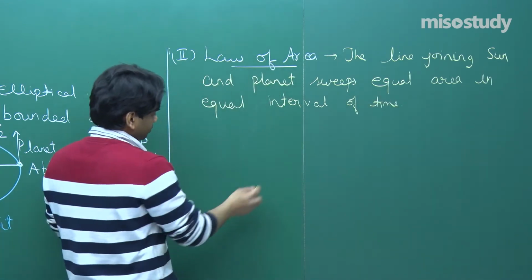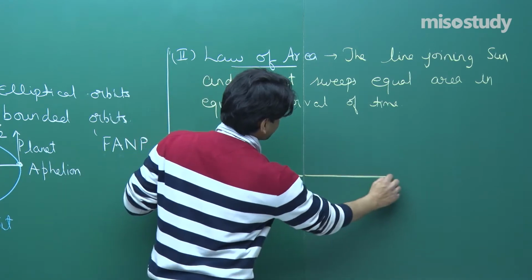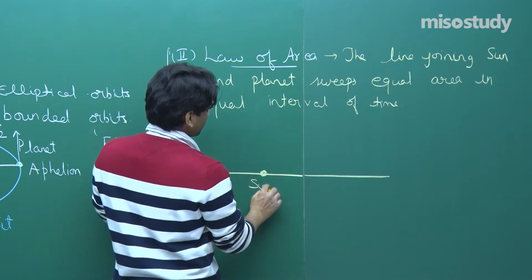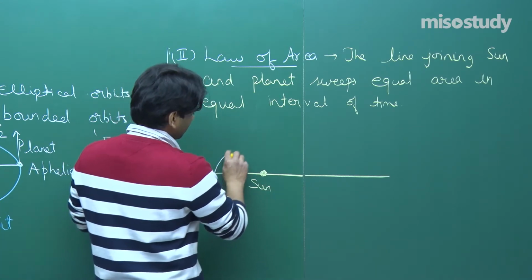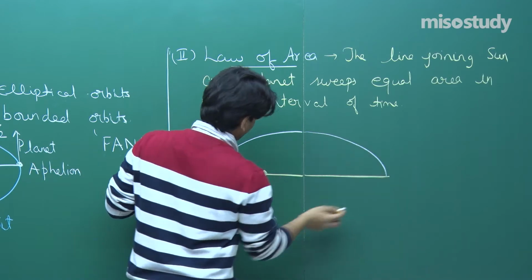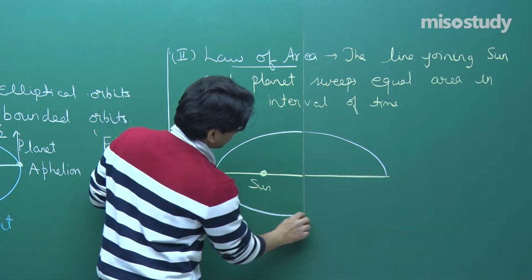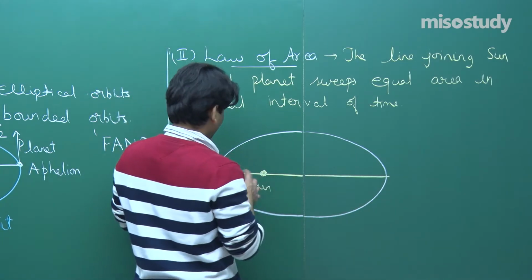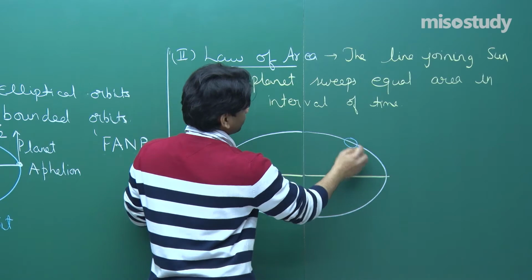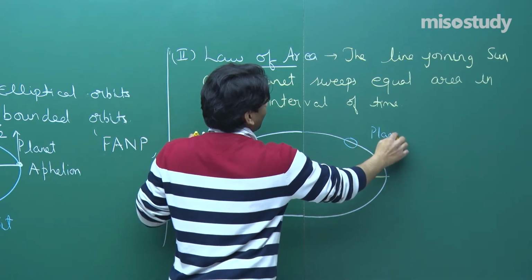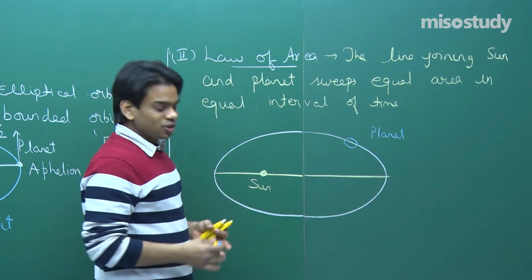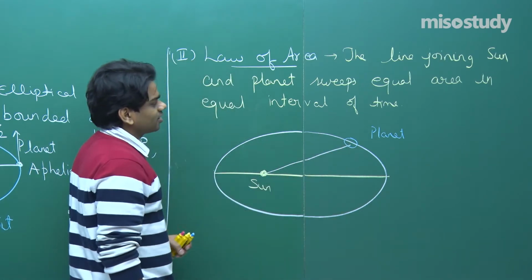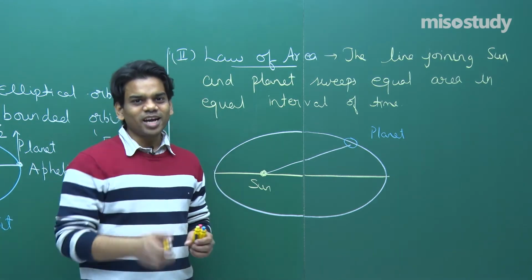Suppose I draw here again the position of the planet keeping the sun at one of the foci. This is the sun, and I'm going to draw the elliptical orbit in this way. This is the elliptical orbit. This is what we can observe. Now you see, when the planet is revolving, let's say the planet is here. At some time it is at this position. If I join the line connecting the sun and the planet in this way, after some small time delta t,